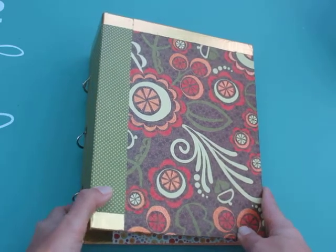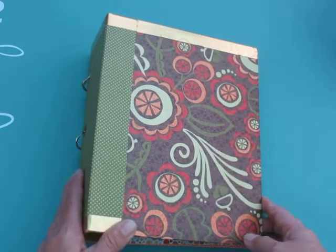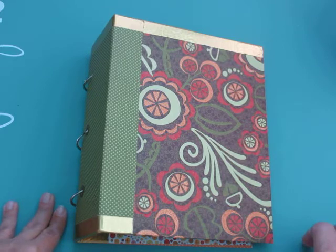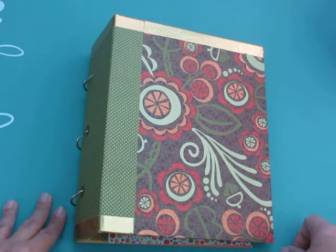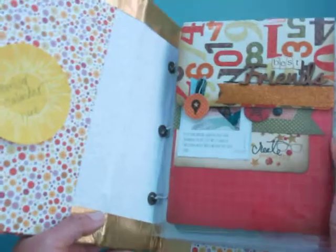And I wanted to show my gratitude journal and show you that I'm not finished with it. I also wanted to show you my December daily and that I'm not really ready to start today. But ready or not, we're gonna do something every day. So here we go. I'll show you what I have done from my